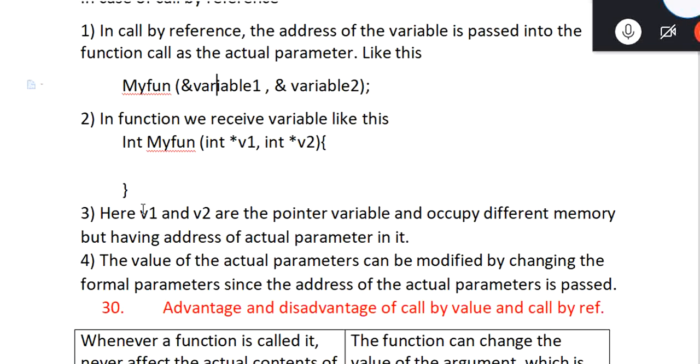So that is what the point written here says. V1 and V2 are pointer variables. They occupy different memory but contain the addresses of the actual parameters. So V1 and V2 are formal parameters. They are in different memory, but the content they point to is the same as the actual parameters.